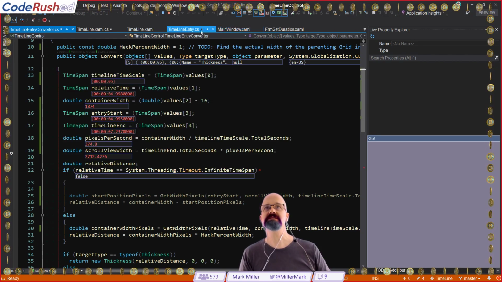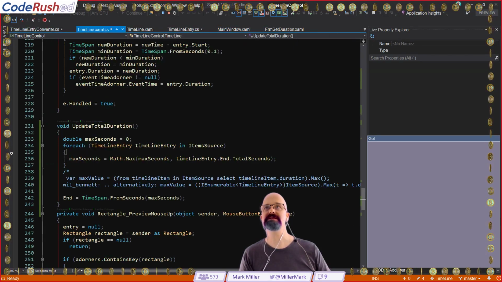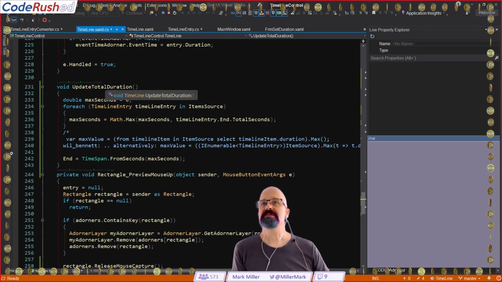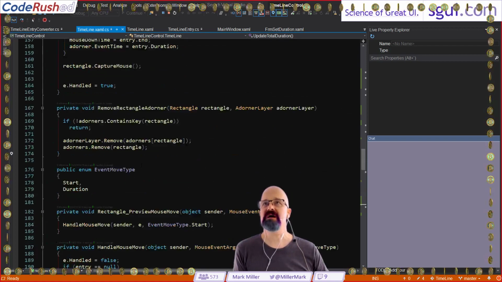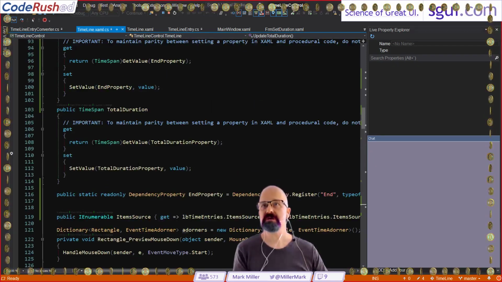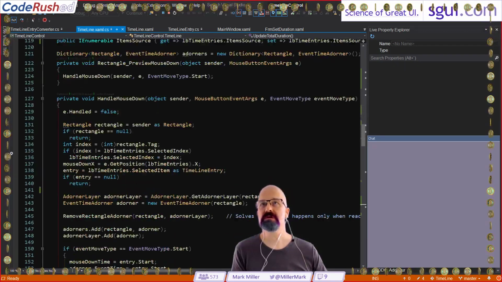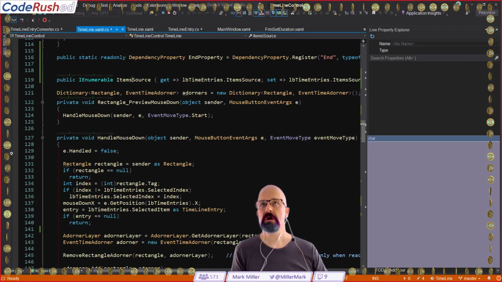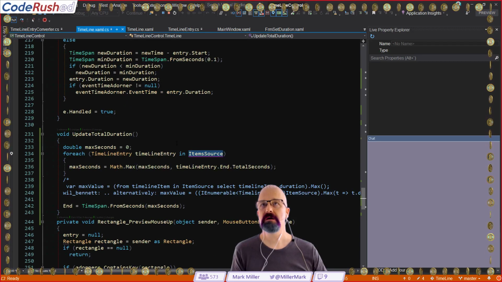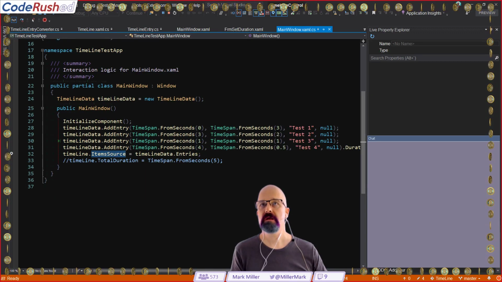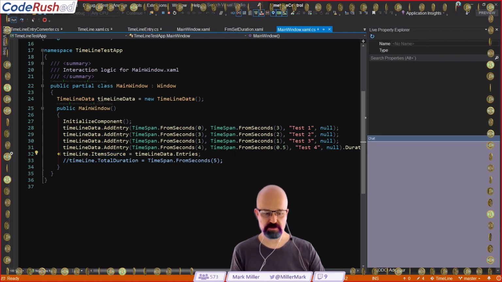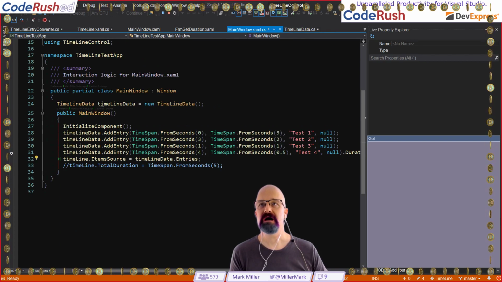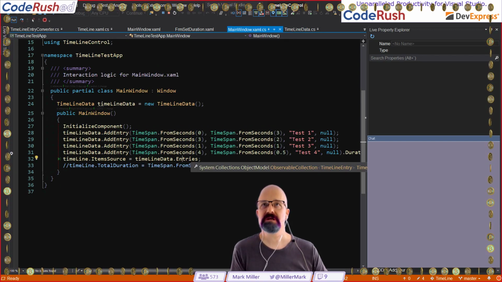Inside of our timeline XAML.cs, we need to call update total duration when the duration of any of these elements changes inside of our item source, right? When any of these items change. Timeline data.entries, that's an observable collection is what that is. So my item source,